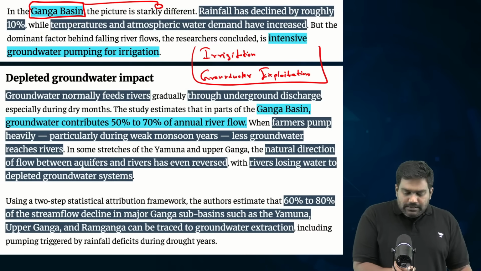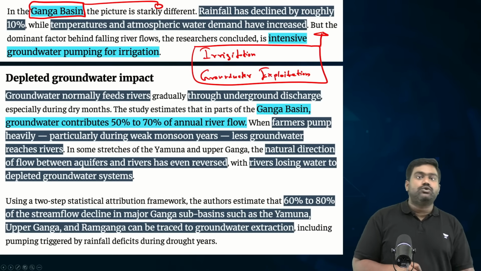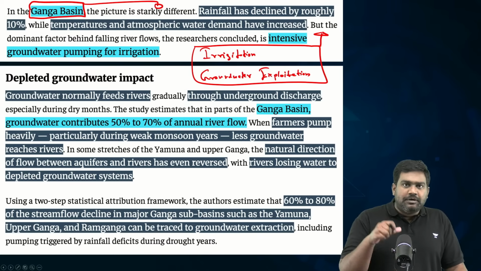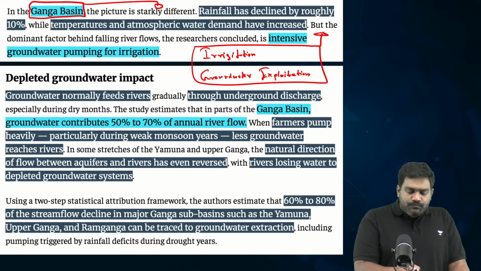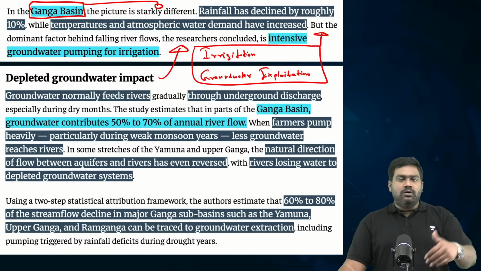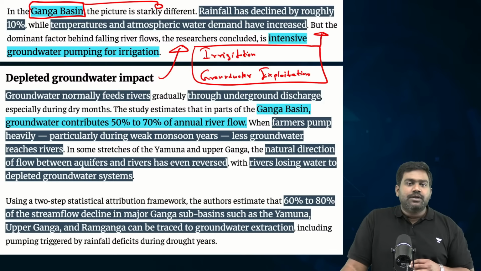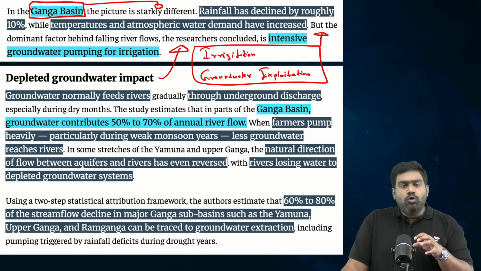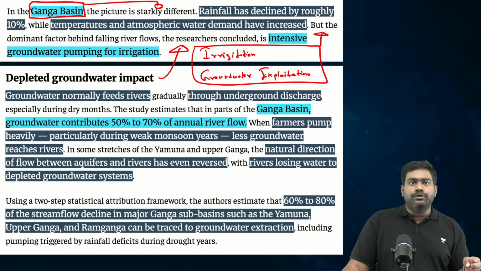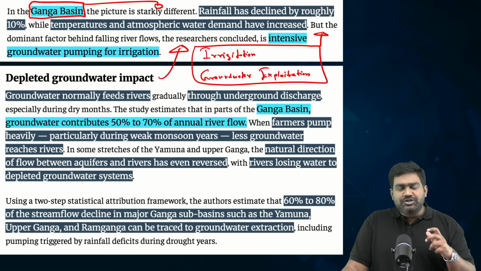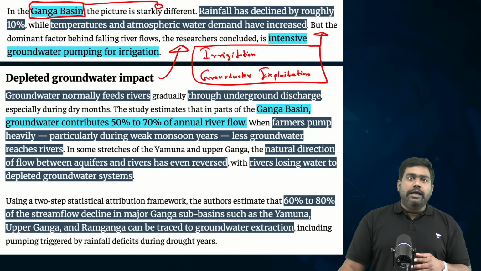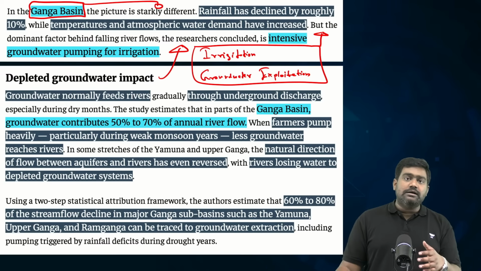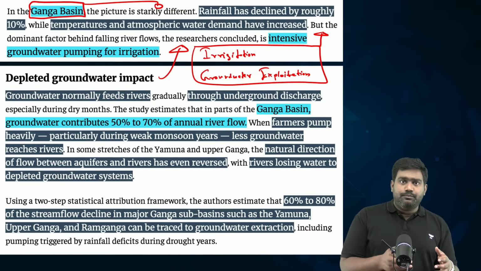Please understand, groundwater feeds your rivers as well. Just like surface water percolates and recharges the groundwater table, right? Groundwater also feeds your rivers through underground channels and aquifers. So when there is excessive overutilization of groundwater for irrigation, this affects that natural connection that exists between your rivers and the groundwater table. In fact, at some places along the Yamuna and Ganga, the research has pointed out that